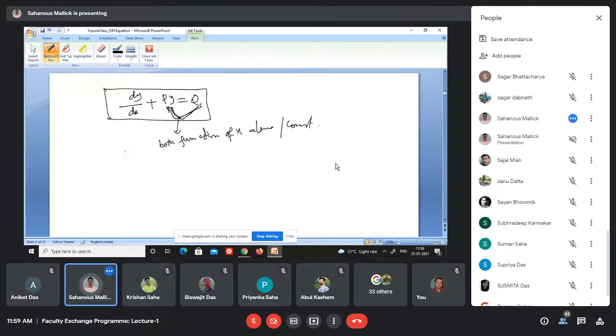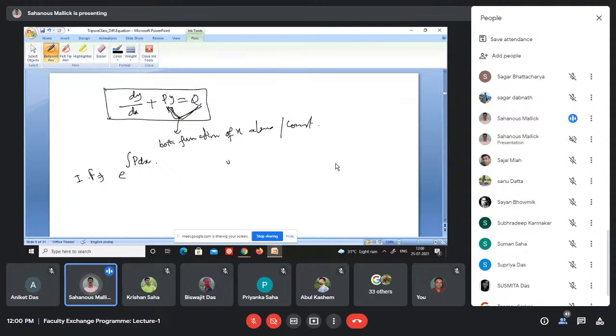Linear in y, and its integrating factor is e to the power integration p dx. And we have also known that by multiplying by the integrating factor, an equation can be made exact. So multiplying by this integrating factor, we can solve this type of equation as